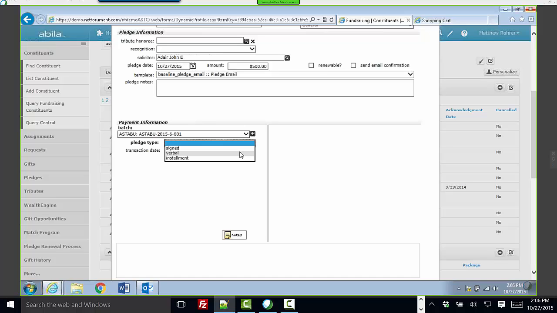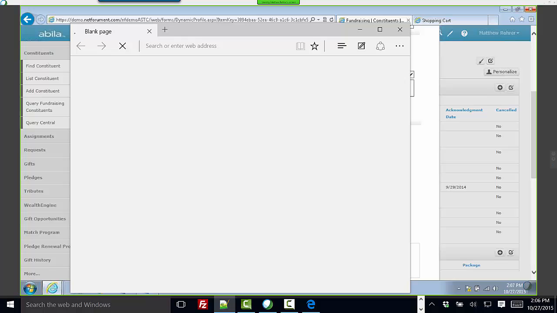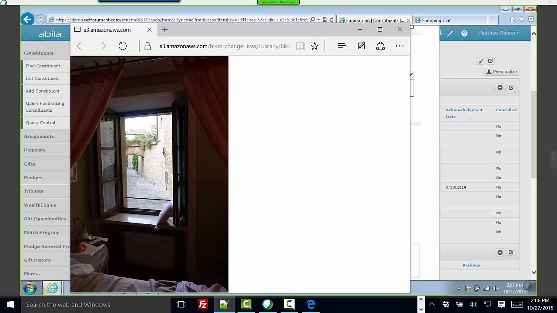And so the signed pledge, if it's considered signed, then it creates an invoice for that full pledge amount,